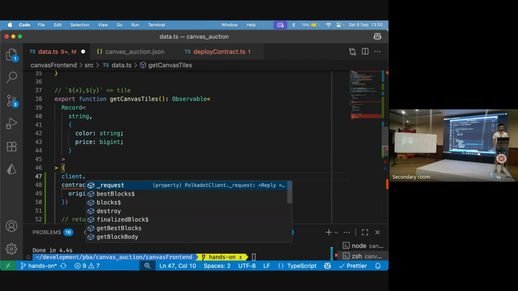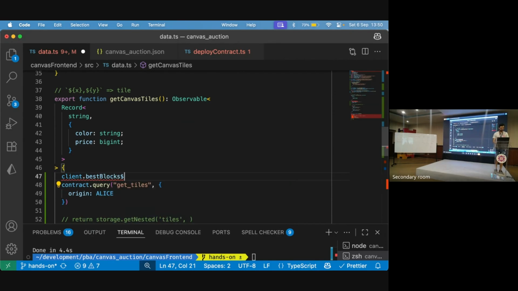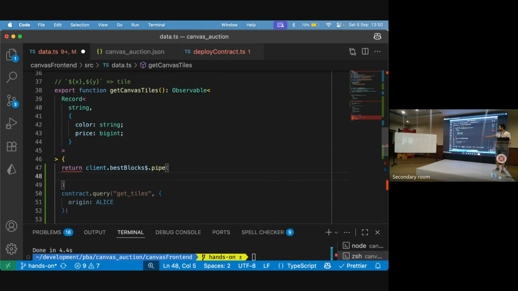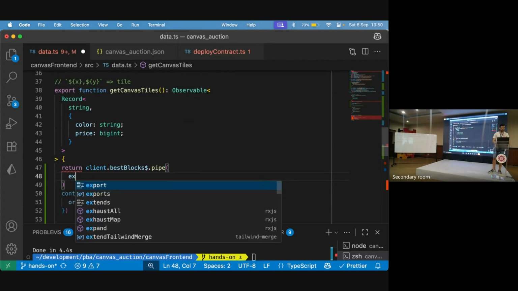Now we have different options. We could go to the finalized block, but Asset Hub is extremely slow at finalizing blocks. So what I'm going to do is just go to the best block. So best block, I can return this already. So every time that the best block changes, what we will do is,